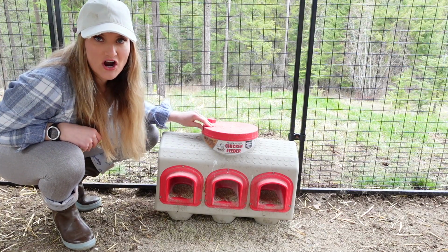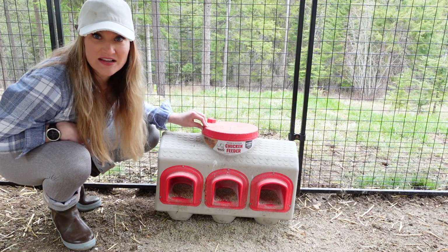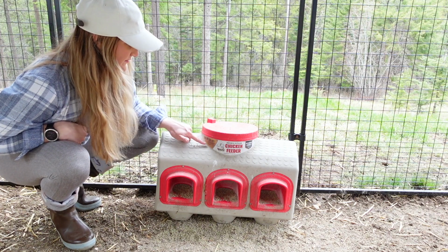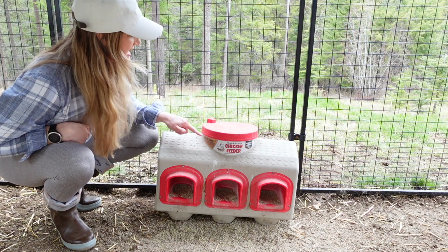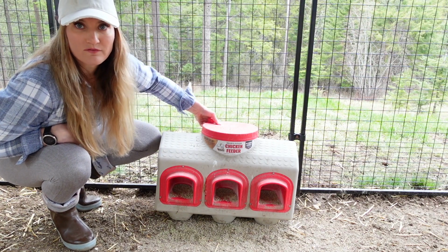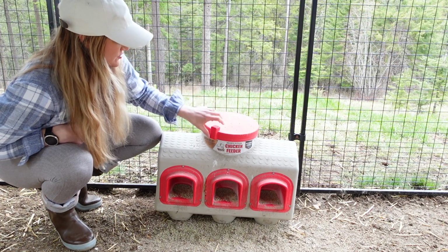Okay, you guys, and then for our chicken feeder, we bought this awesome chicken feeder that feeds our chickens for about 1 to 1.5 months. It says up to 45 days on here, or 12 weeks, depending on how many chickens you have. It's very nice. You can put a whole 40-pound bag of feed. We have an organic feed that we do. It just screws on here,